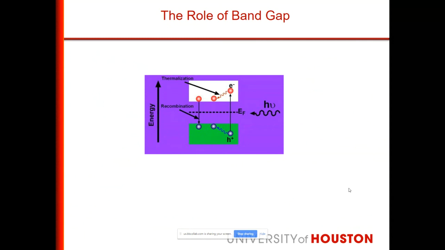So this is the conventional semiconductor diagram, where we shine light and we can excite the charges to the conduction band, and these electrons can be used for the reduction. Or if a high energy photon is incident, the electron can go really high in the conduction band, where the energy can be lost due to thermalization, and it comes back to the bottom of the conduction band and then makes the transfer. So here we are losing some energy, the high photon energy. We were trying to utilize this energy also, so that we can improve the efficiency of the process.